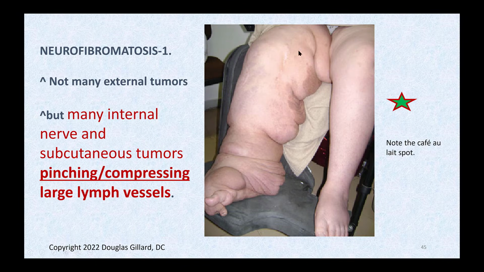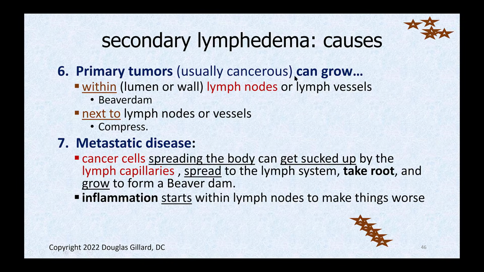All right, and yeah, if the tumor is affecting one of the major lymph vessels of the lower extremity, you can get this situation. So this is all lymph fluid that's accumulating. It's interstitial fluid that has built up in the tissues, waiting for its chance to get through. And it looks like they've had a big surgery here. Big cafe au lait spot right here in this patient. This leg is not affected nearly as much. It's a little puffy, but there are a lot of tumors. They're not visible on the skin in this patient, but yeah.